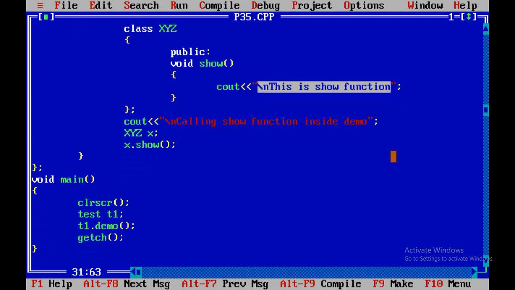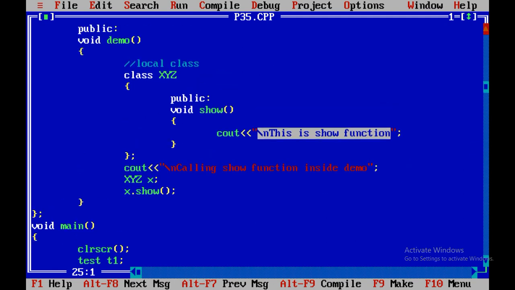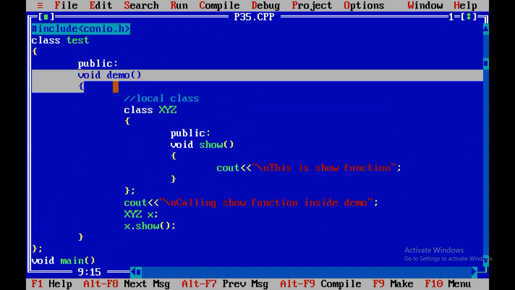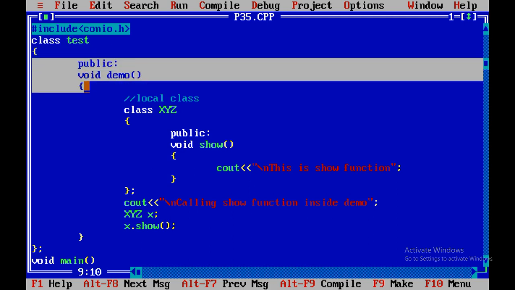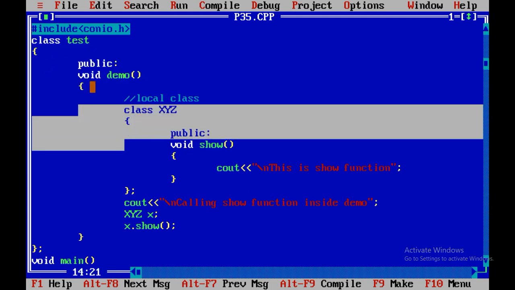Let me repeat once again, what are local classes? When there is a requirement to write any class inside a function, at that time, see, there is a class, function and class. So this is a layer in local classes. What is a local class?